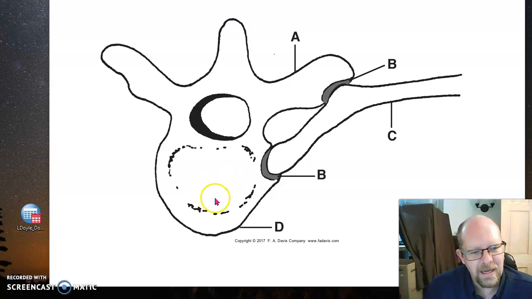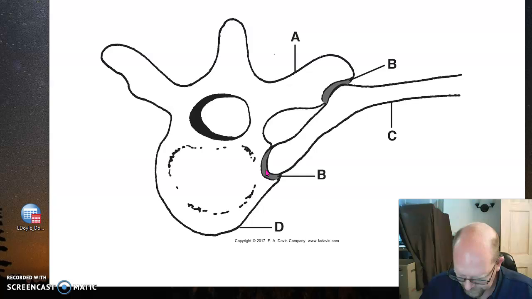B is the body. So what happens is, as this head of the rib attaches to the vertebrae, there's actually two vertebrae that it attaches with, the one on top and the one on bottom,